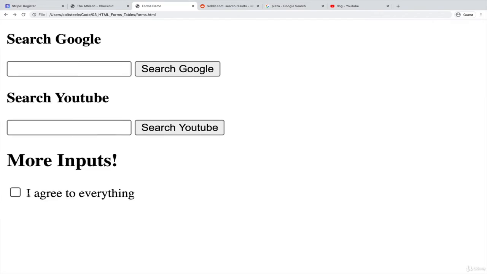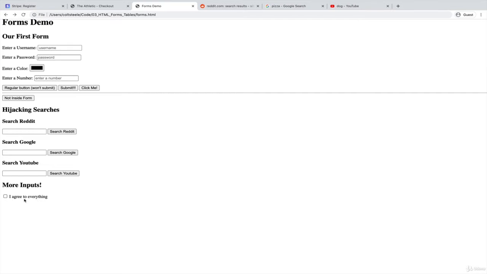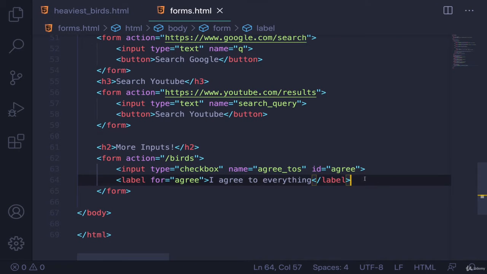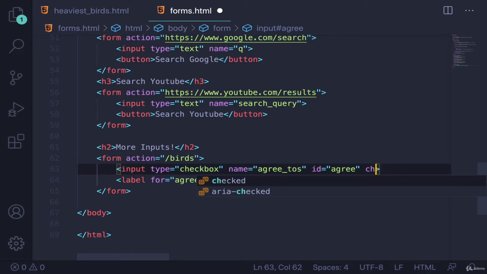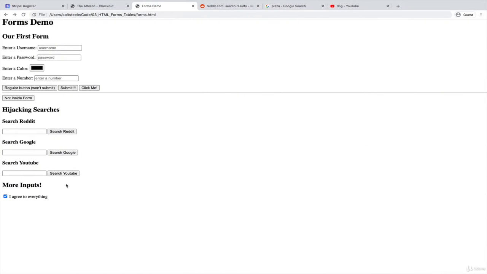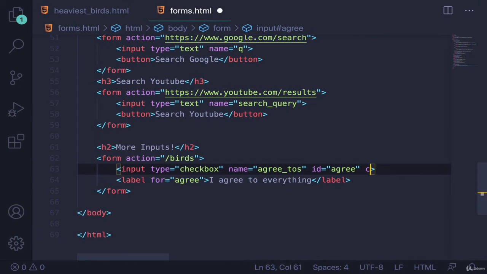And the label is connected so that I can click on the label to check it. That makes a big difference, especially on mobile. These checkboxes can be pretty tiny. And then the last thing I would do is just show you that we can have it begin as checked if we want it to. So now I refresh and it begins checked off rather than what we had before where it just starts off